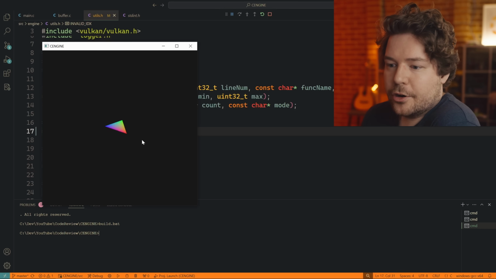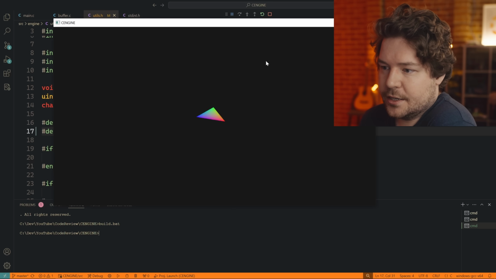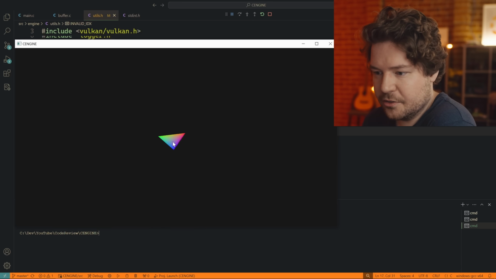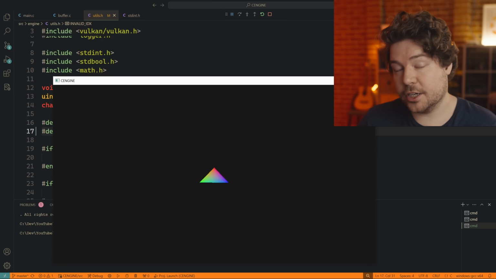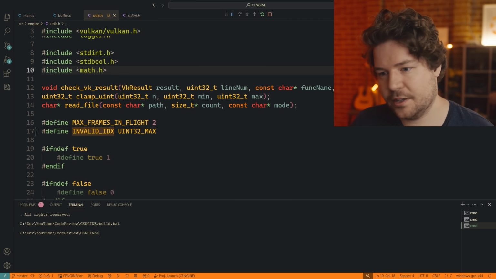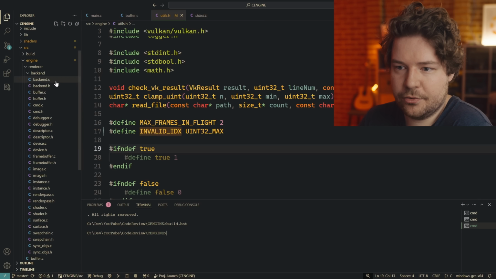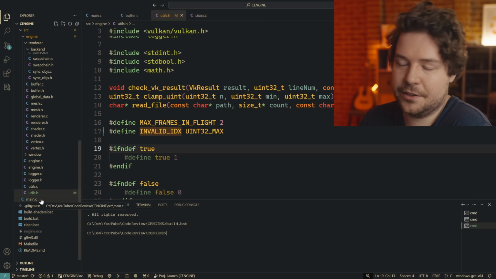Okay, so we have the running program, which is pretty exciting. Resizing does seem to work as well, which is nice. We have a spinning triangle. This is in fact primitive, but it's a good start. You gotta start somewhere. I think depending on the way the code is laid out, which so far looks pretty good, we'll take a deeper look in a minute, obviously. I think this might actually be a pretty decent 13-year-old engine, as in engine by a 13-year-old.